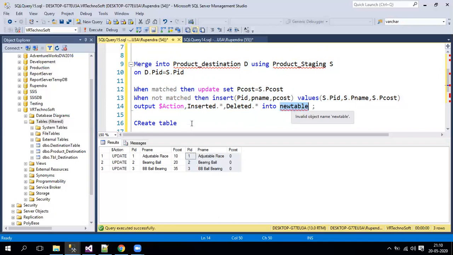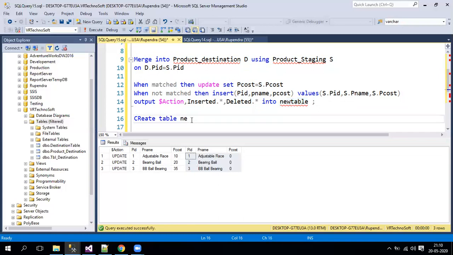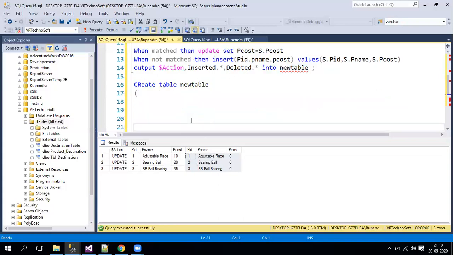So we'll create a table here, new table for example, and put all the columns: action, which is varchar(100), and pid_i, which is varchar or integer, whatever it is, then pname_i, which is varchar, and then pcost, which is float, and let me put _i here.